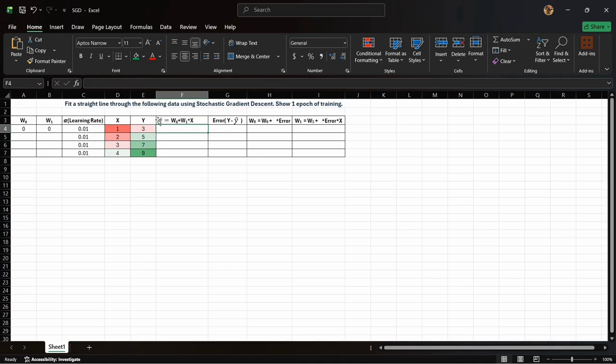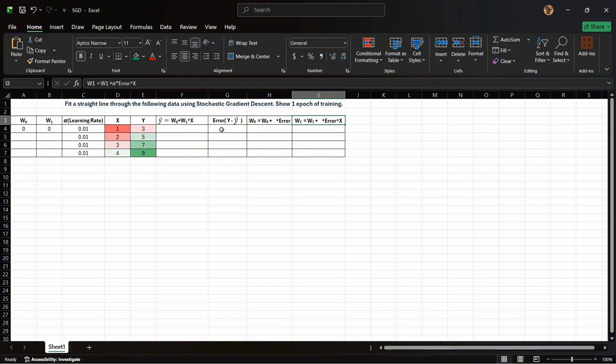to get the predicted value, and after that we have to calculate the error function or the cost function, which is achieved by the difference of the actual value minus the predicted value, and after that we update the weights w0 and w1 from this formula. w0 equals w0 plus learning rate into error, and w1 equals w1 plus learning rate into error into